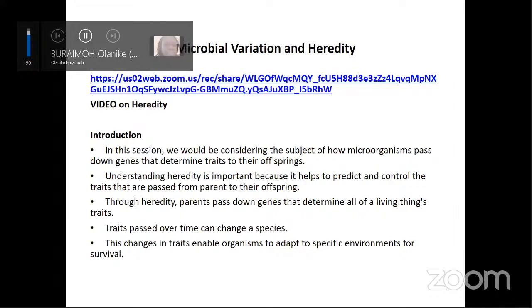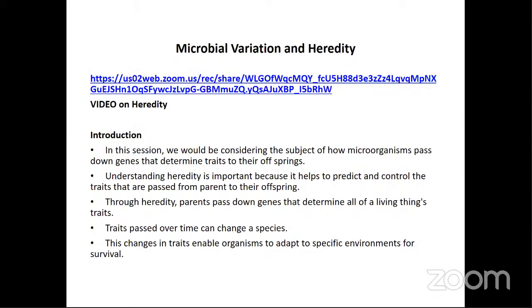Even in human beings, in plants, and in animals, this subject of heredity and variation also exists. But we are microbiologists and we want to talk about how microorganisms pass down traits from parents to their offspring, or to their progeny. So we are going to try to understand heredity, the importance, because it helps to